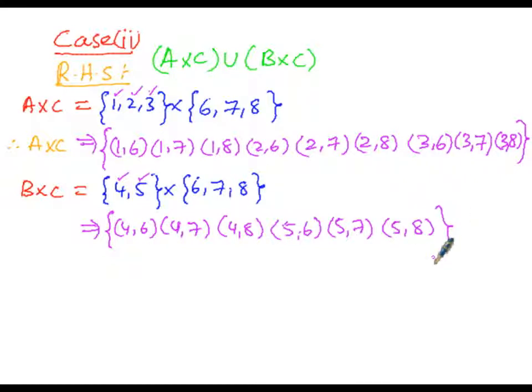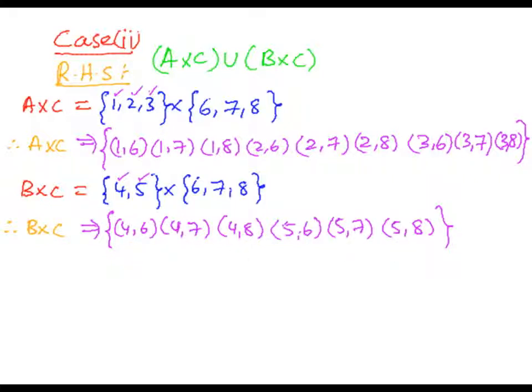So these are the elements, because here the ordered pairs are of 2 times 3, that is 6. So here 1, 2, 3, 4, 5, 6 ordered pairs, because here there are 2 elements in the first set and 3 elements in the second set. 2, 3 is of 6. There are 6 elements in the set consisting B cross C, that is the Cartesian product of B and as well as C. So in this manner I got, so here therefore B cross C is equals to set consisting these ordered pairs, 6 ordered pairs.